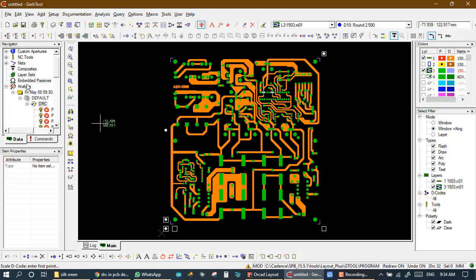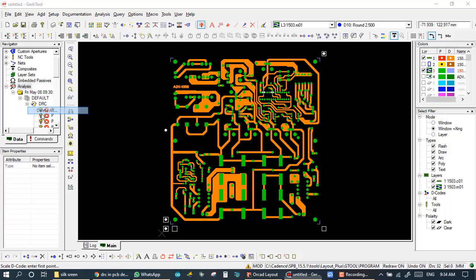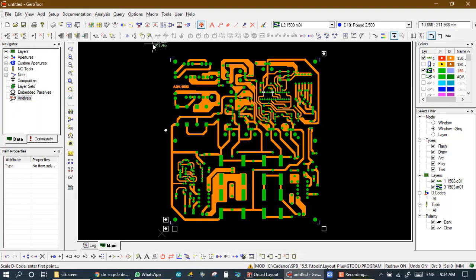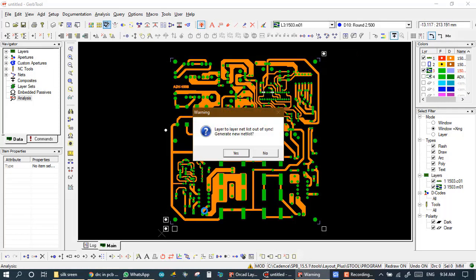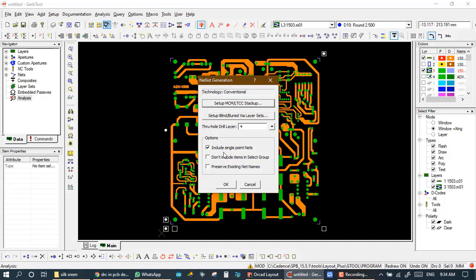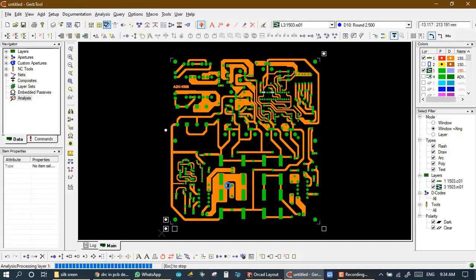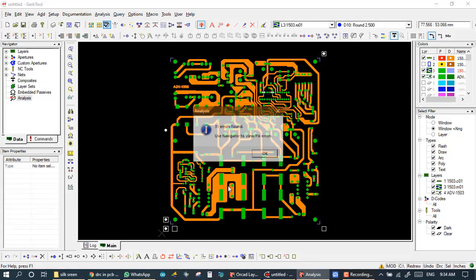First we delete this, yes, DRC, and run. In the second test we got 32 errors, and this is the third, and here we removed just one error, so we still have 31 errors remaining.